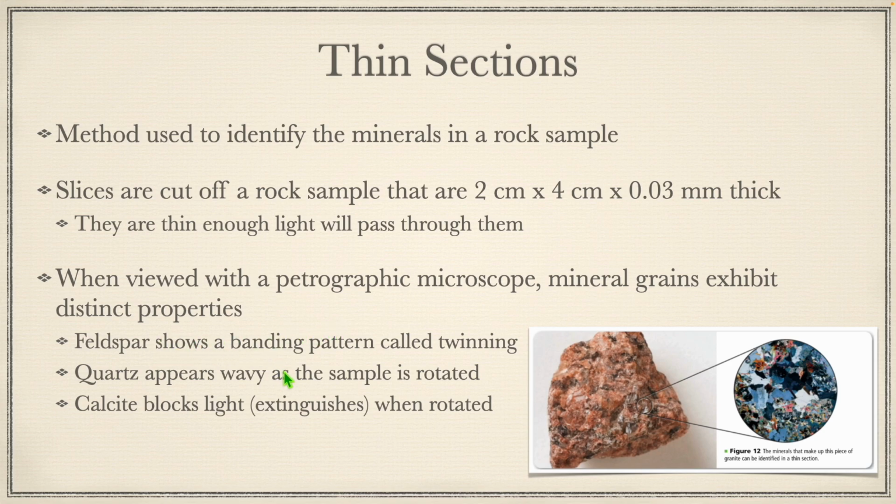Like, for example, feldspar under one of these microscopes shows this sort of banding pattern called twinning. Quartz appears wavy as a sample is rotated. Calcite, as you rotate it, will block the light. It basically extinguishes the light when it rotates, so you have areas that get lighter and darker as you rotate